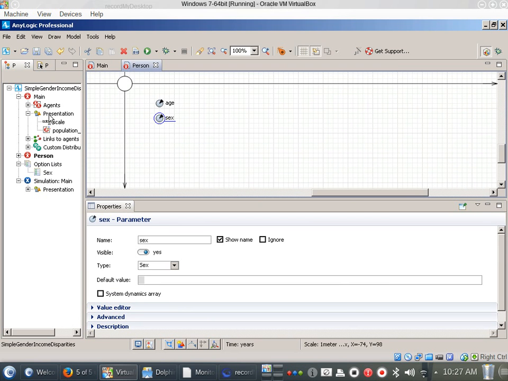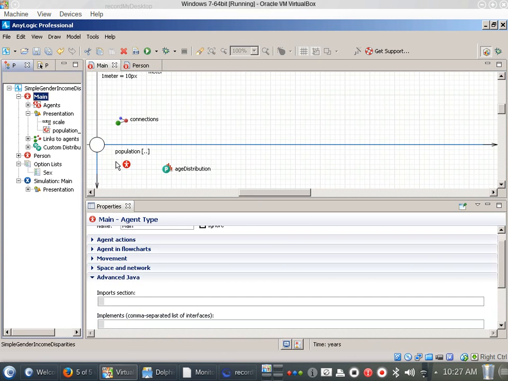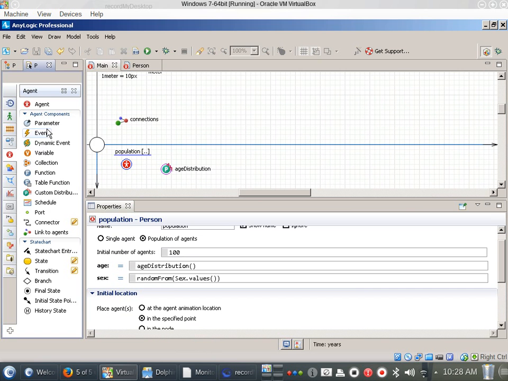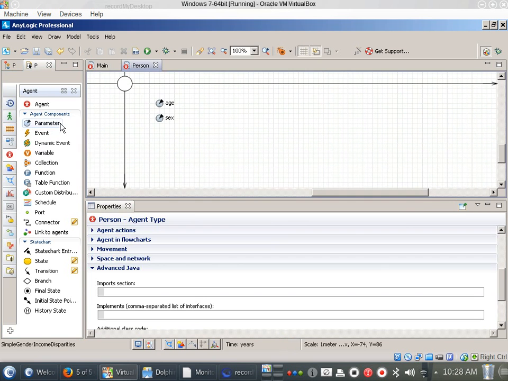successively. So what we're going to do here, folks, is we want to go to main, we want to go to population, and we want to set it so that we're going to have age, we're going to have sex, and then we're going to have an income associated with this as well. And how are we going to add an income to this model? We want to add a parameter. It's a parameter. Later, we're going to be seeing things that change, but this is a parameter. It's something that we're going to view, for the sake of theory, as only changing occasionally. So we're going to drag from parameter into